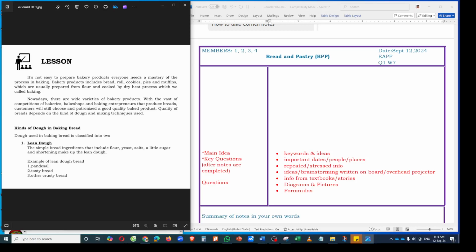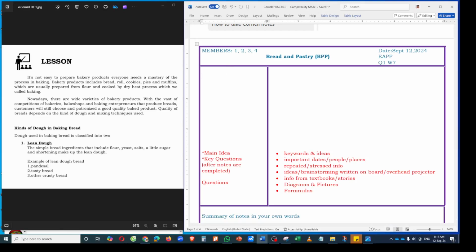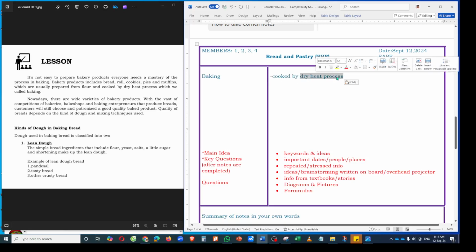On the first paragraph, we learned that this paragraph is about baking. Sabi niya, called baking. May definition, di ba? So, isusulat mo yung basic idea ng baking. It's a keyword, baking. Now, what is baking? You then write the ideas of what baking is here. Sabi niya, it's the process of cooking with dry heat. So, yung dry heat, important.